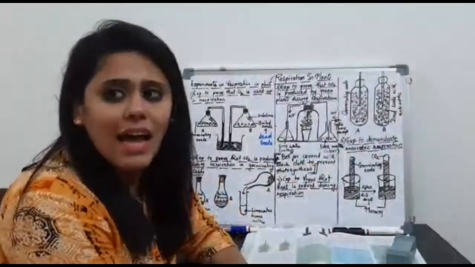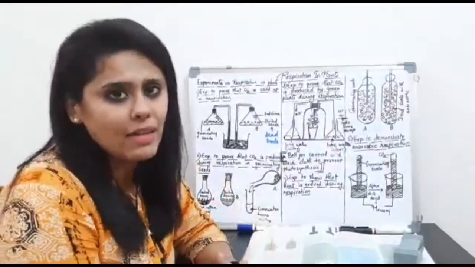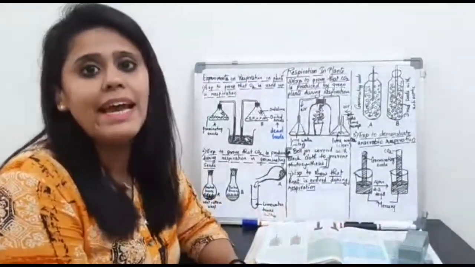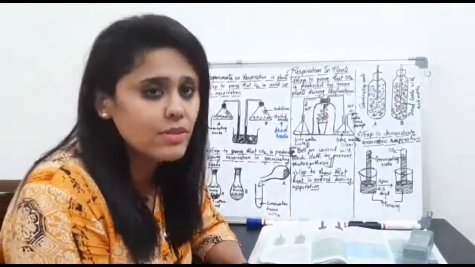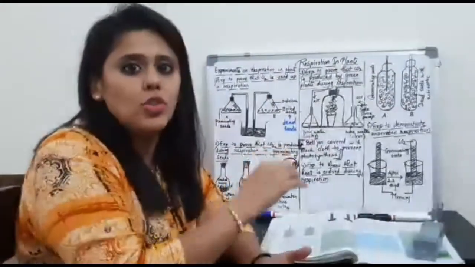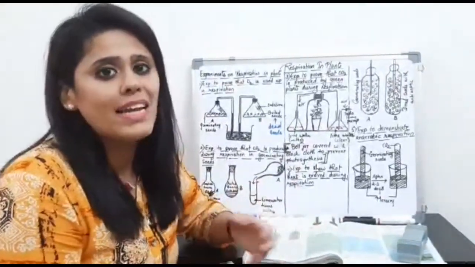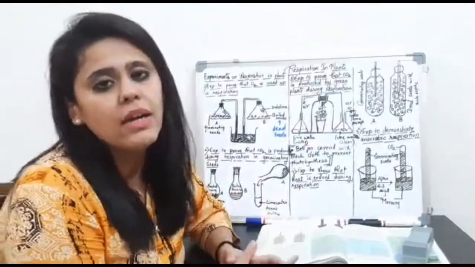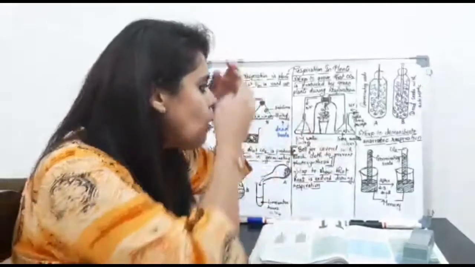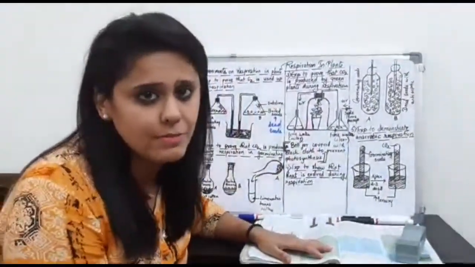The fifth and the last experiment based on respiration in plants is going to demonstrate anaerobic respiration in plants, right? Now, anaerobic respiration, as you all know, does not involve the presence of oxygen. It is also called anoxybiotic respiration, as already mentioned in your past slides. Now, how do we prove or demonstrate the experiment on anaerobic respiration?